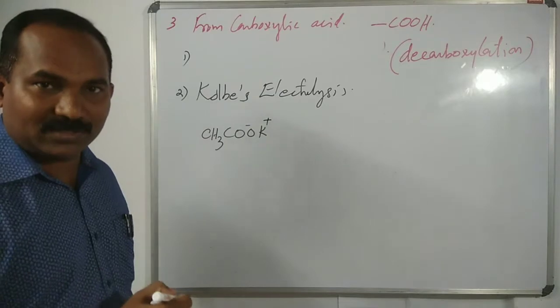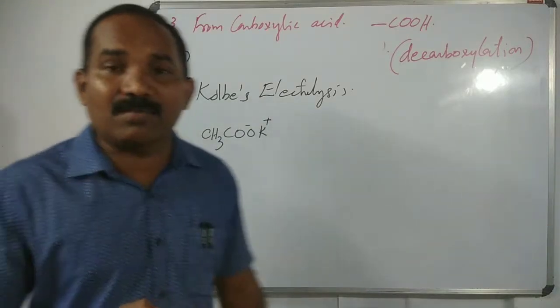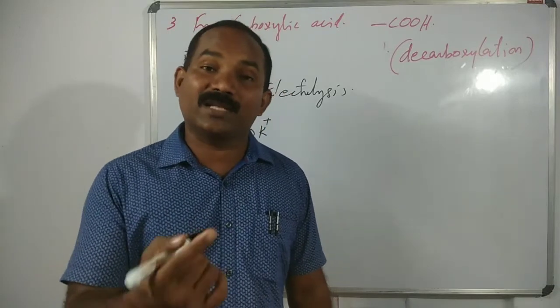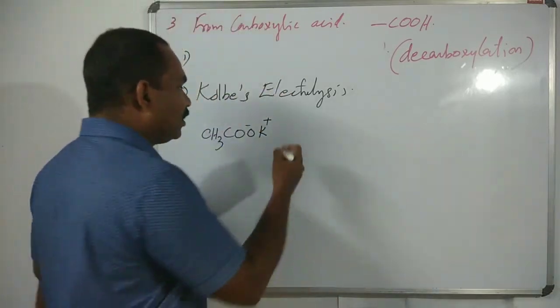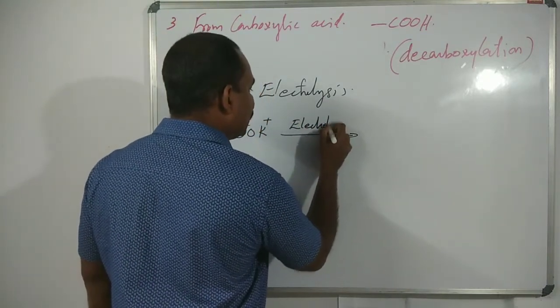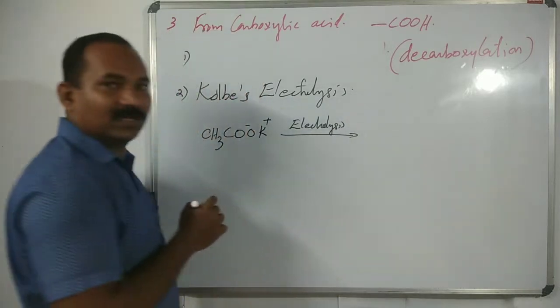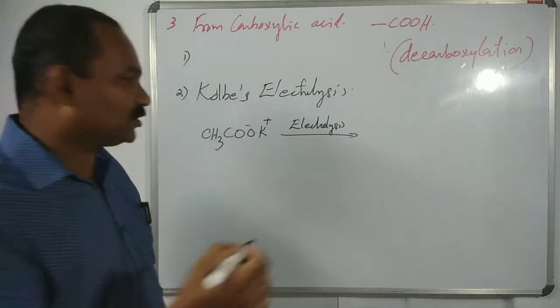It's an electrolyte, a strong electrolyte. Usually carboxylic acids are weak electrolytes. That's why we take the sodium or potassium salt. Then electrolysis. Electricity is passing through the solution or electrolyte. We get